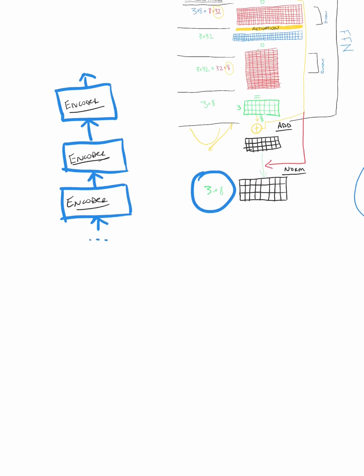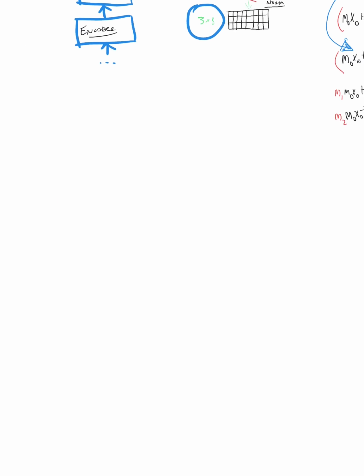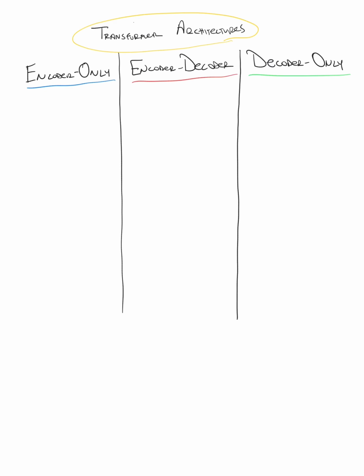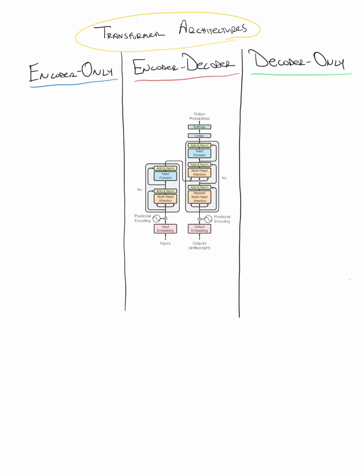Now that we're outside of the encoder layer, it's officially time for us to break down the differences between the three types of transformers: the encoder-only transformer, the encoder-decoder transformer, and the decoder-only transformer. Now, this is where we will briefly modify the graphic that's ingrained in everyone's memory to represent one that depicts